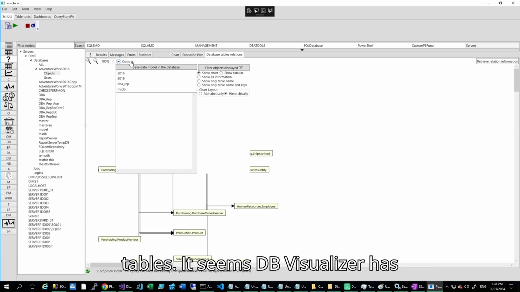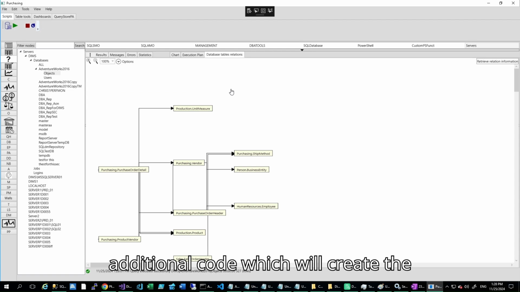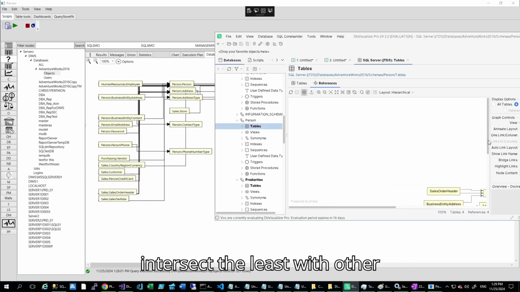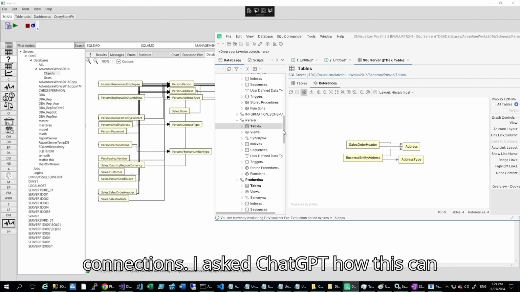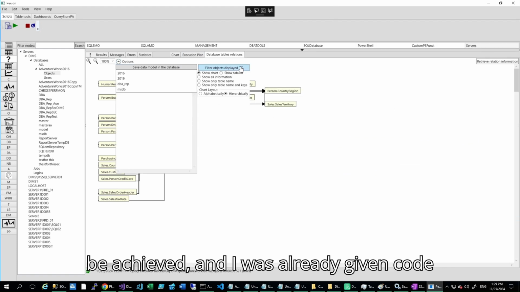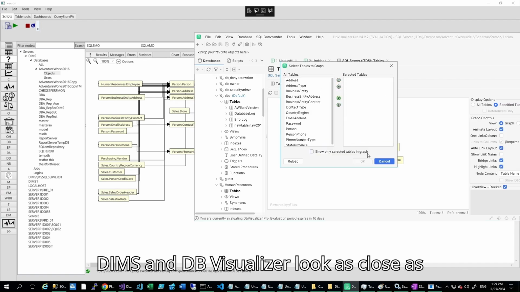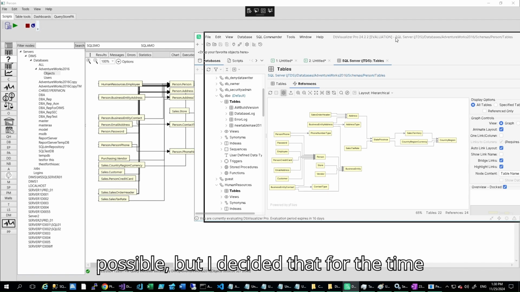tables. It seems DB Visualizer has additional code, which will create the connections in a way that they will intersect the least with other connections. I asked ChatGPT how this can be achieved, and I was already given code that I could have tried in order to make DIMS and DB Visualizer look as close as possible, but I decided that for the time being